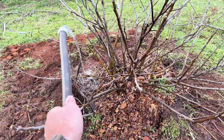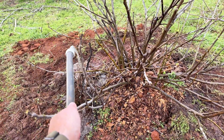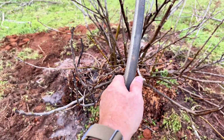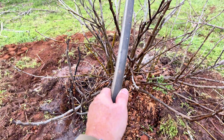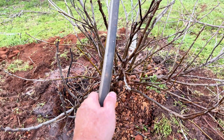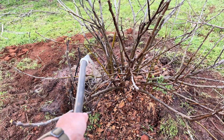You know, a few roots are not going to make that much of a difference, but a bunch of roots, you kill your tree, or your tree just wouldn't survive the transplant. So that's what we're doing right now. We're going to water this thing in. I got 2 more to water in after this one, so it's going to be a lot of water, but